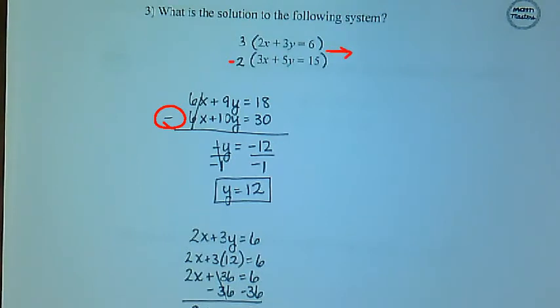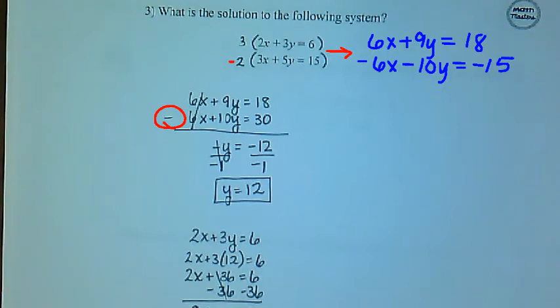All right, so if you did multiply that by a -2, this is what your equations would look like. You'd get 6x plus 9y. Remember, you can really multiply it by anything you want, as long as you multiply it all the way across, because in the end, you're always going to get the same answer. All right, so now this is an addition problem. So those still cancel out. I get -y